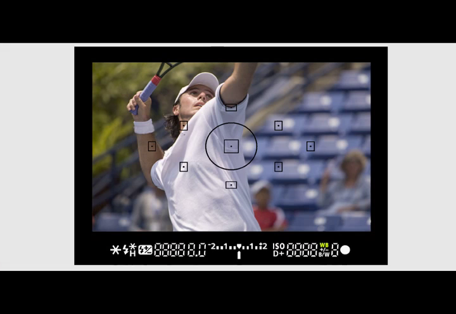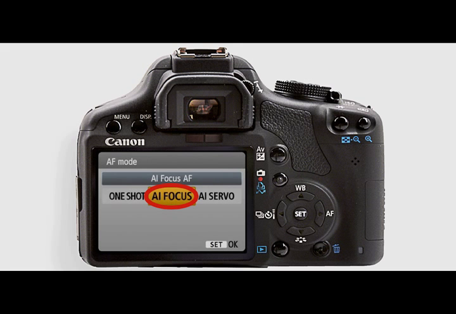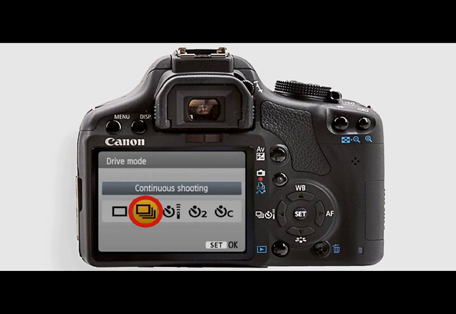When taking pictures at a sporting event or shooting subjects with a lot of motion, it's a good idea to prepare your camera before the action begins. Here are some tips to help you prepare. First, preset the white balance. Second, switch your AI servo to AI focus so the camera will constantly be focusing on the moving object. Finally, set your camera to continuous shooting mode so when the action happens, you only need to hold the shutter